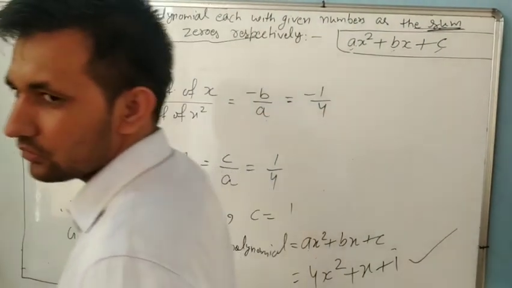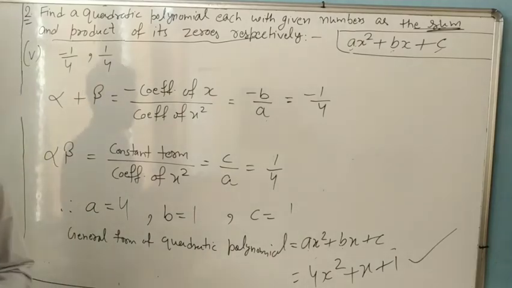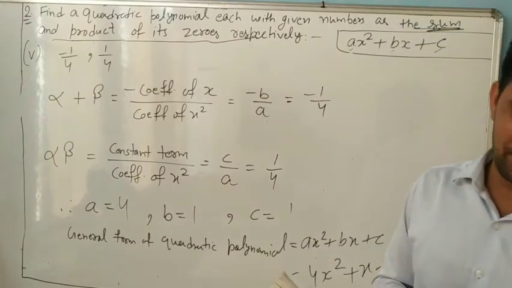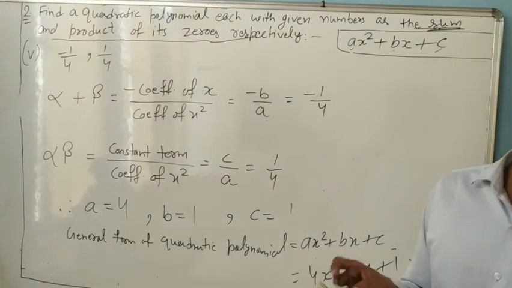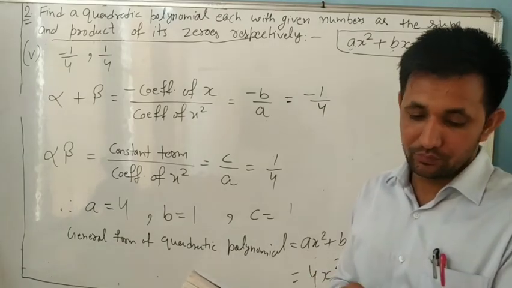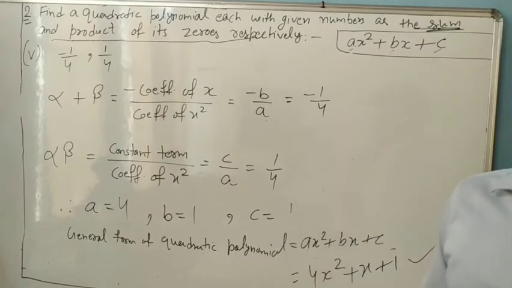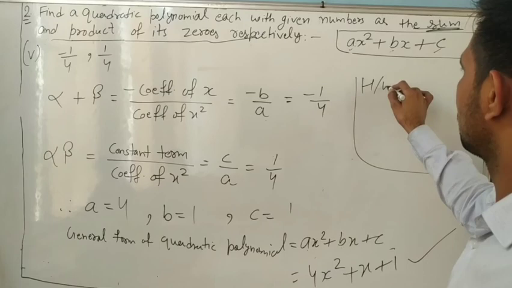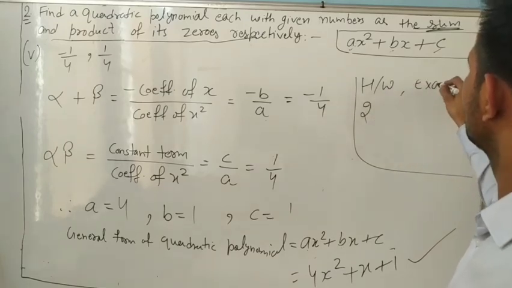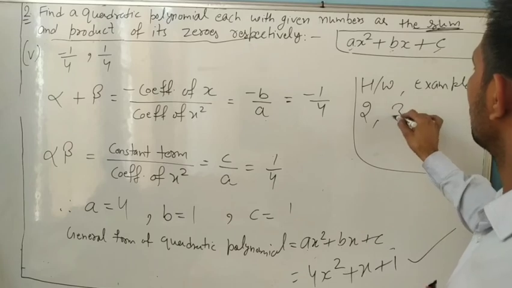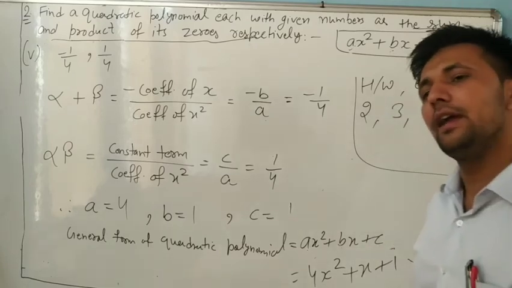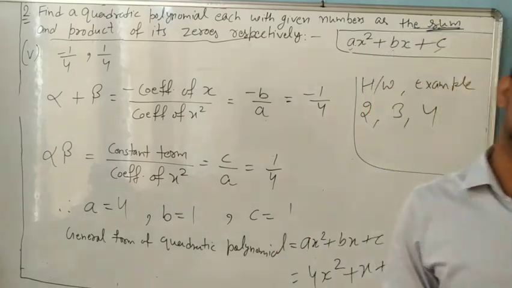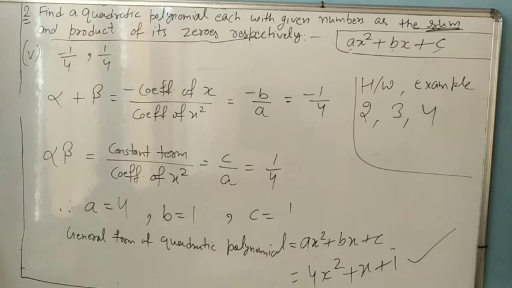I think all the questions are easy, so you can do all the other parts also, and try its examples yourself. Example number 5, don't do it, it is not in your syllabus. Examples 1, 2, 3 and 4 are your homework. It's very simple, and if you have any problem, I will send you a PDF also. You can take help from the PDF, or you can ask me.